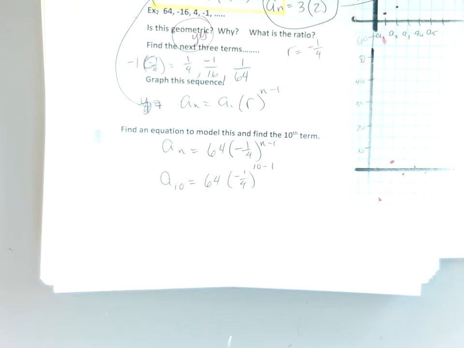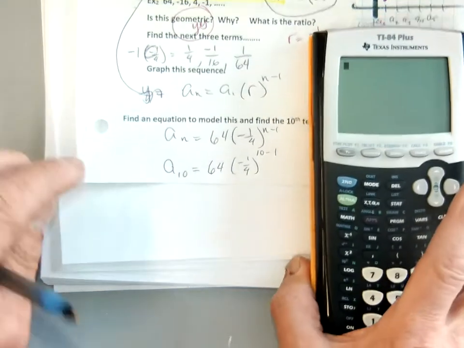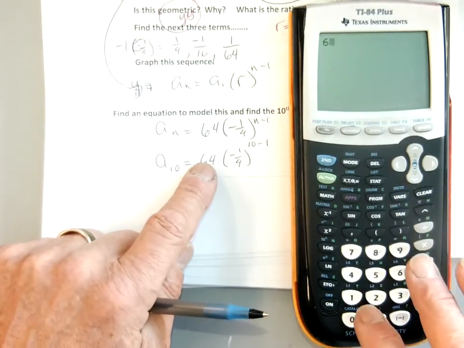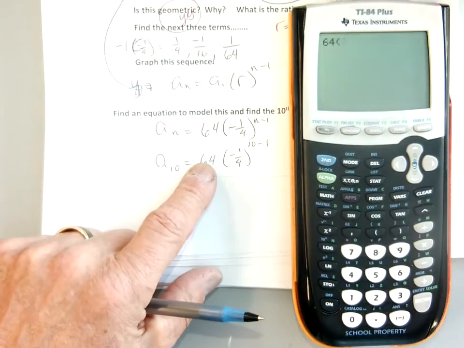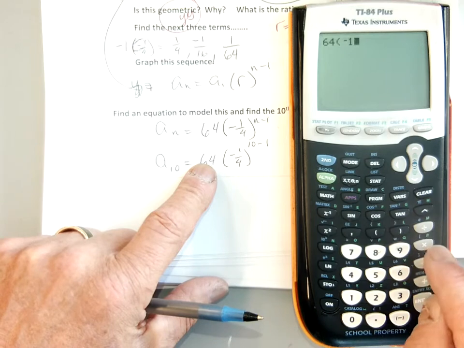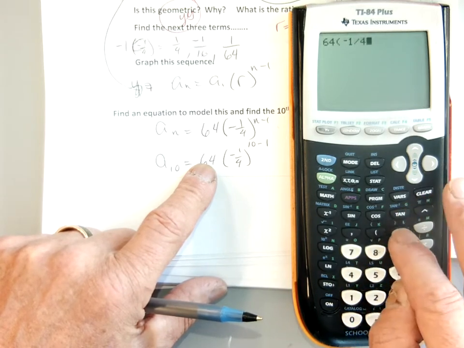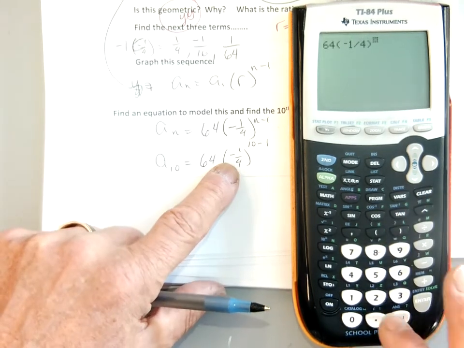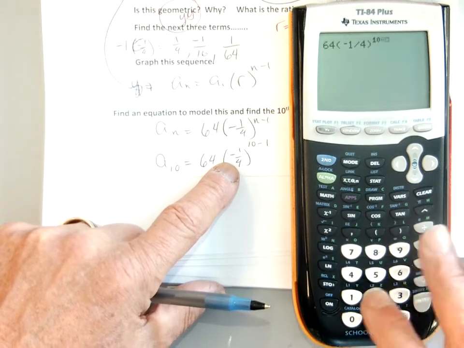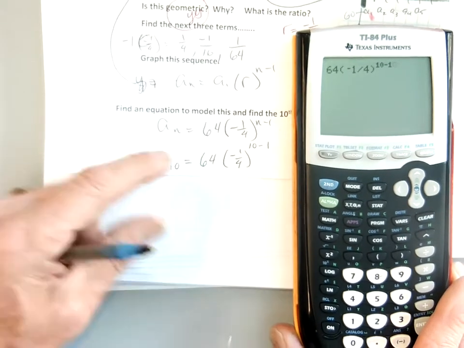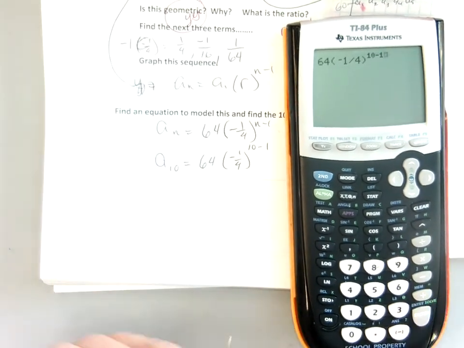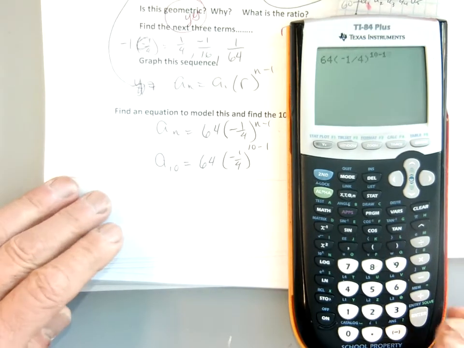So let's go ahead and I'm going to go in my calculator. I'm going to go 64 times a negative 1/4 to the power of 10 subtract 1, right? You guys see that in my calculator? It's going to be really small. I know it because it's getting closer and closer to 0, right? So I get about